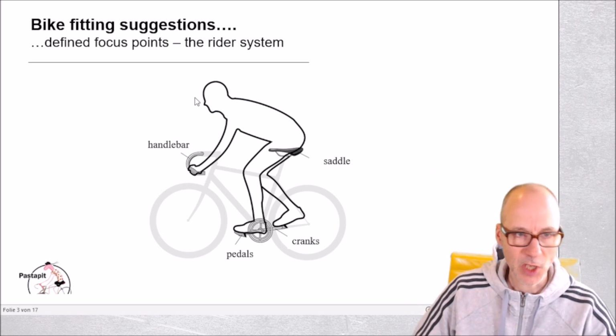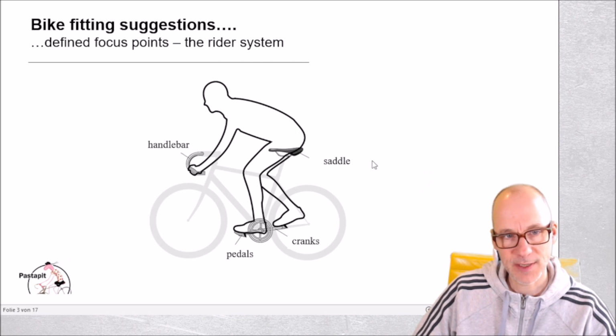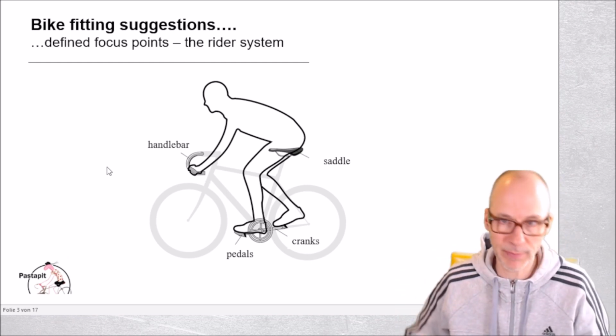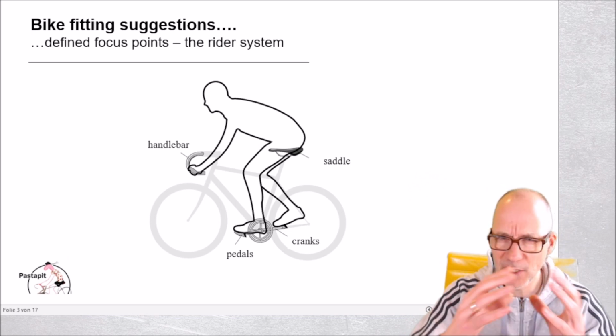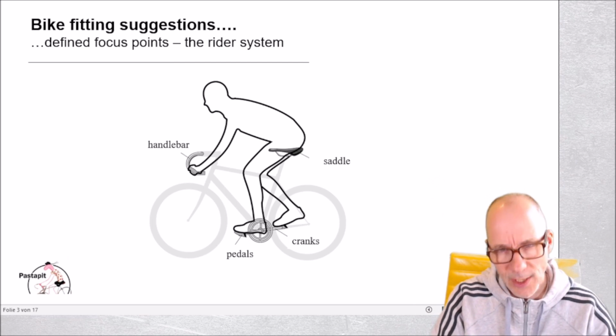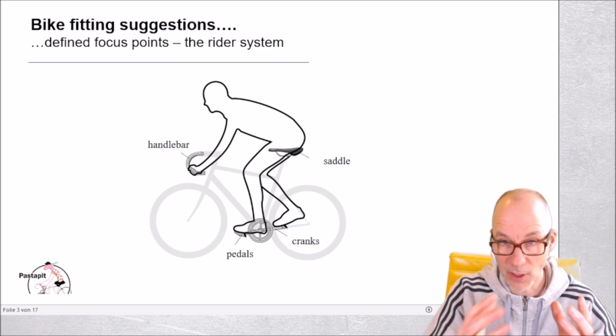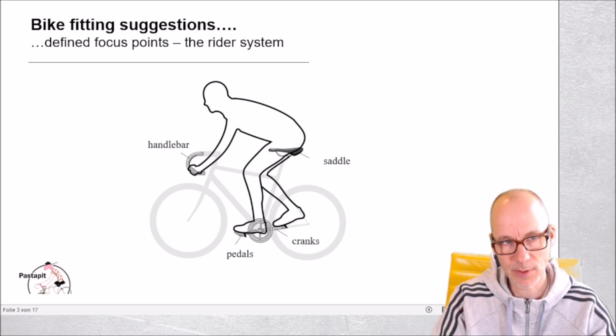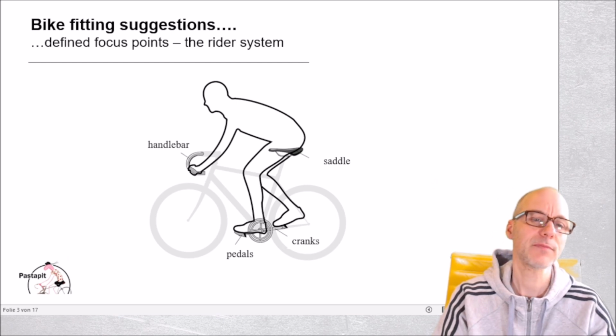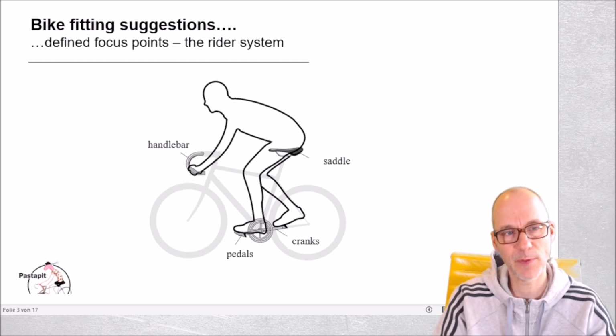It's obvious that if you use a handlebar, a saddle and cranks, it's really hard to describe the concrete geometry of a handlebar, because you have a lot of different handlebar types, you have a lot of different saddles, and you have a 3D geometry of the saddle. So it's really hard to describe in terms of data something about the surface of the saddle and so on. That's the reason why I think the best way, if we speak about the position of an athlete, would be to just choose your handlebar, choose the right saddle, the right cranks and pedals,